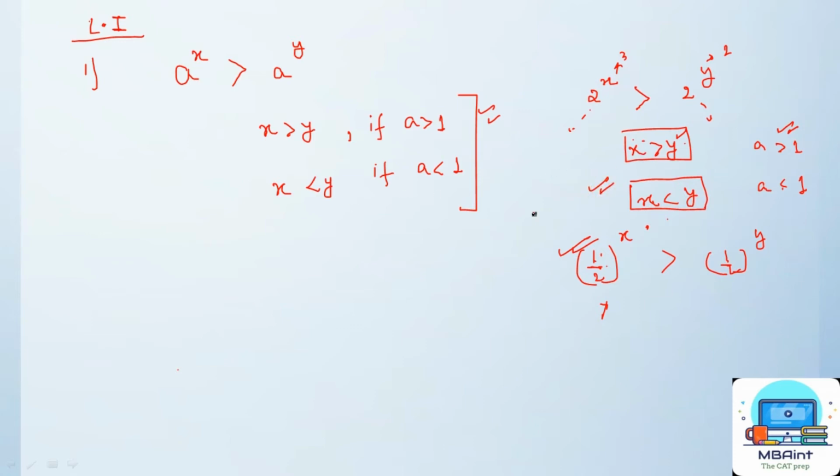So we have seen one example when a is more than 1, then x has to be greater than y. When a is not greater than 1, in that case x has to be less than y, in order for this condition to be satisfied. So this was the case, and in order to satisfy it, I had two possible conditions: a should be greater than 1, or a should be less than 1. If a is less than 1, this is the case. If a is greater than 1, this should be the case.